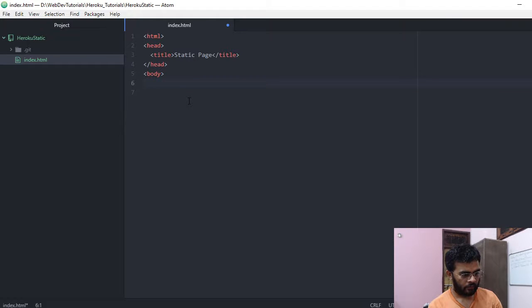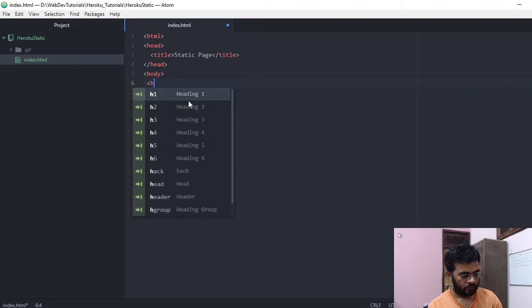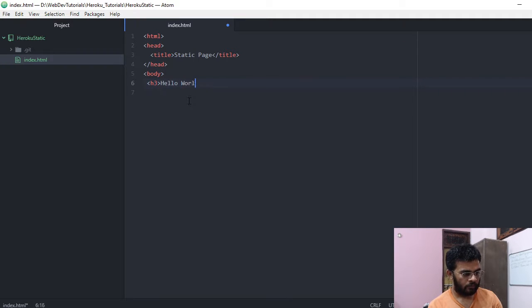It will just have one statement, hello world, which is the pet statement for programming, and HTML. That's it. This is our very small HTML page, and we will save it.